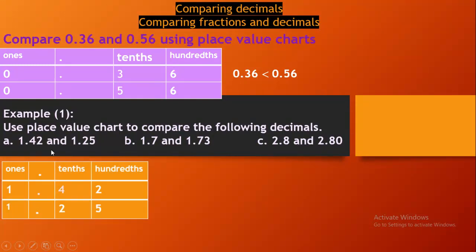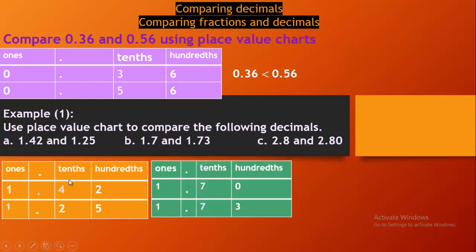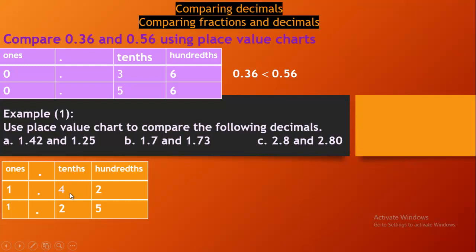Next, if I want to use this place value chart to compare the following decimal numbers, number A, I will write these two decimals on the place value chart. So we have 1 in ones and 1 in ones. In tenths, we have 4 and 2. Which is greater here? 4 is greater than 2. So we have 1 and 42 hundredths greater than 1 and